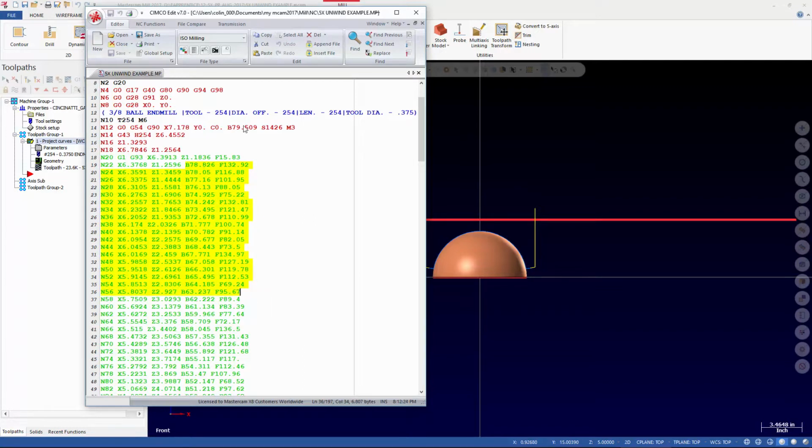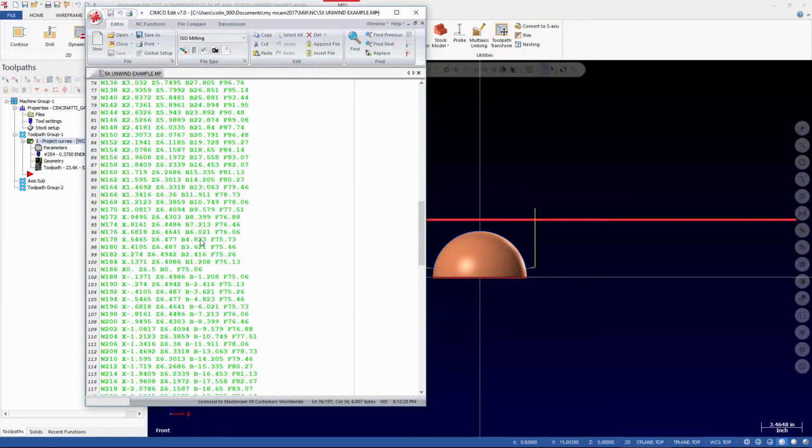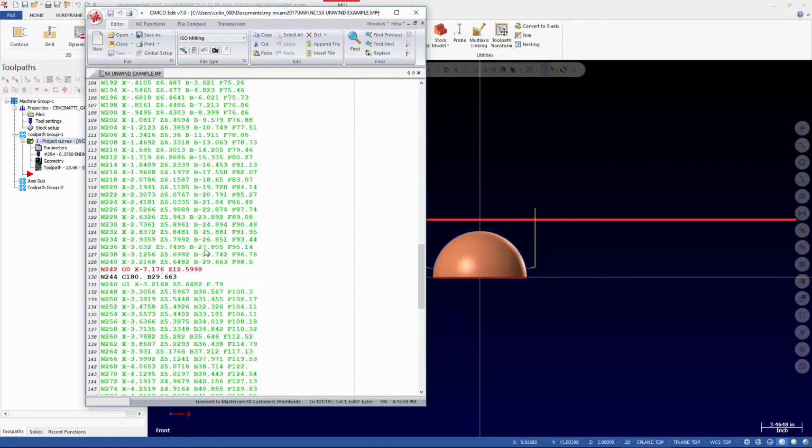We start at 79.5 and we start decreasing: 40, 30, 20, and eventually we're going to cross over. So here's where we cross over at B0. Now we start going negative. And this is exactly what happens when we hit the limit. So we hit this limit at 29.633 degrees. The next move, the post does its calculations and sees, oh, okay, I'm going to